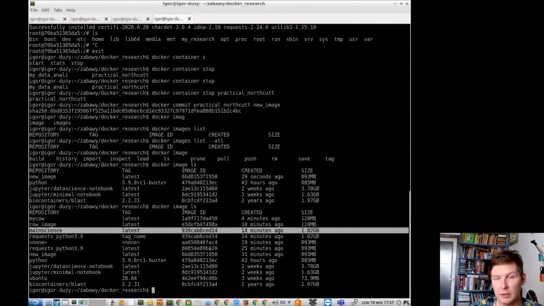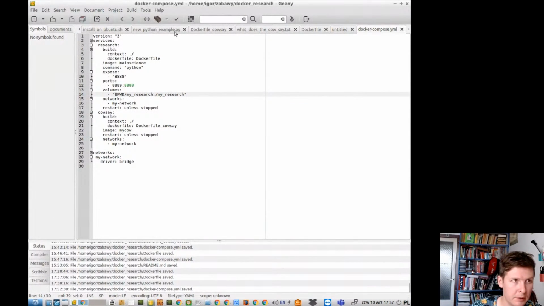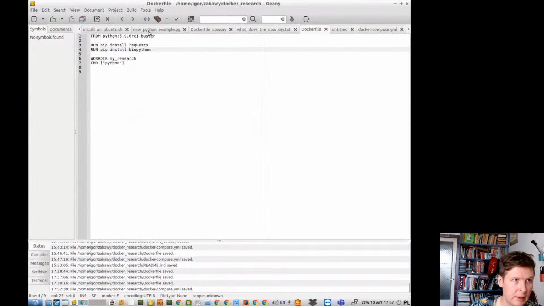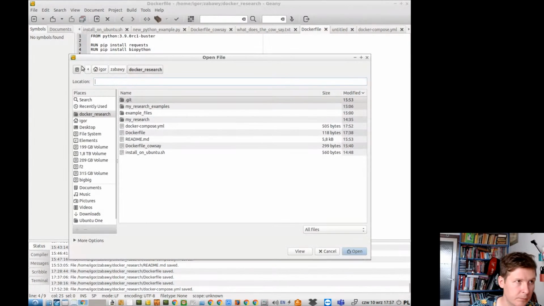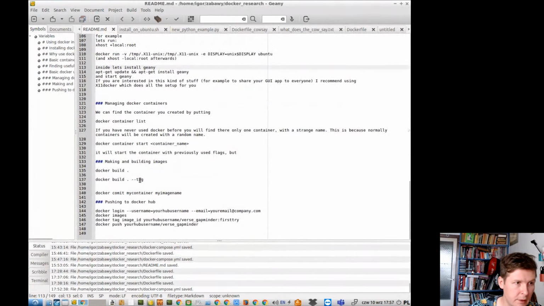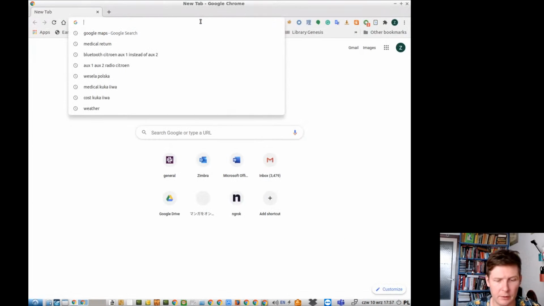The vocabulary is maybe not so easy to understand, because you have these images, you have the containers, you have the hub, and so on. But it is also not super difficult. Also, when you have these images, you are just a couple of clicks away from sharing them on Docker Hub. I put on the repository how to do this. So for those of you interested, to push to Docker Hub, you need to log in. You need to tag your image in a specific way, and then you can push it. On my repository, for example,